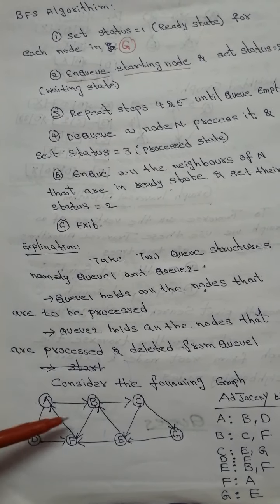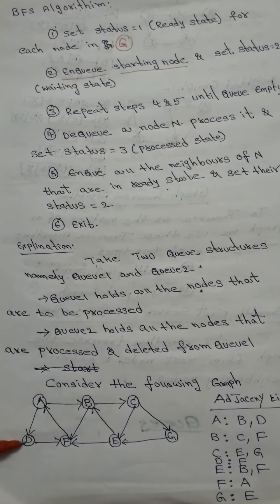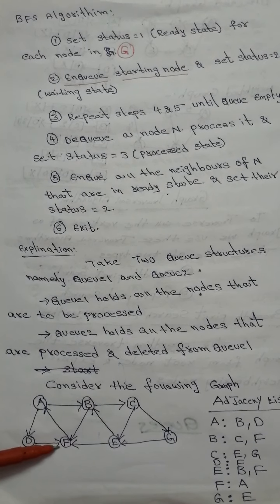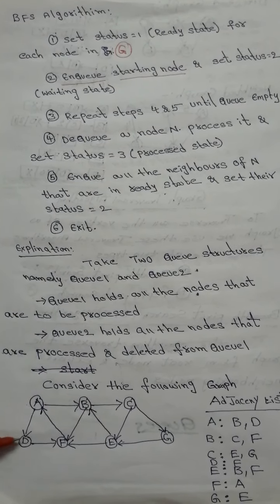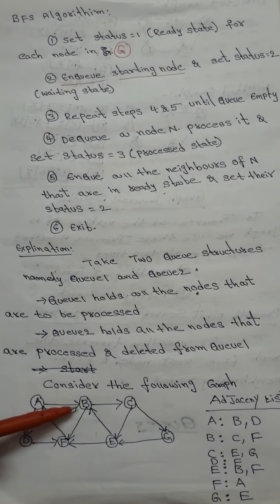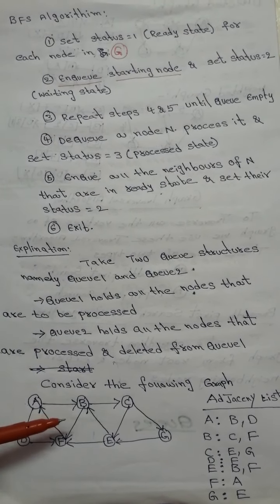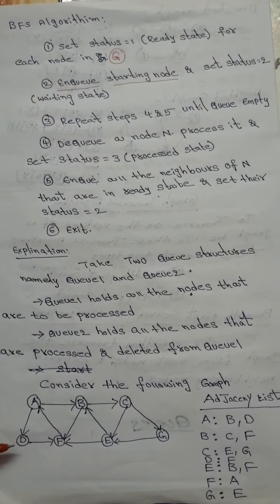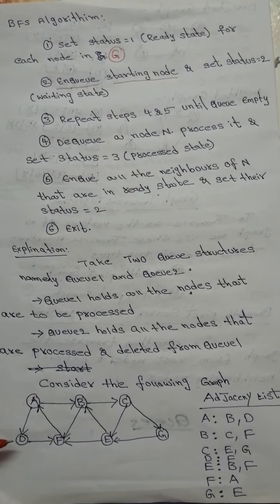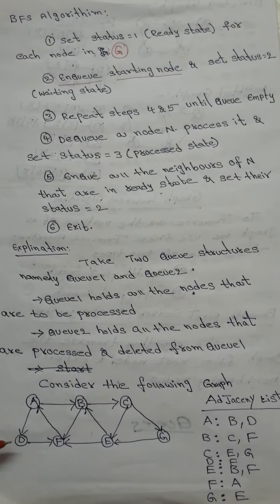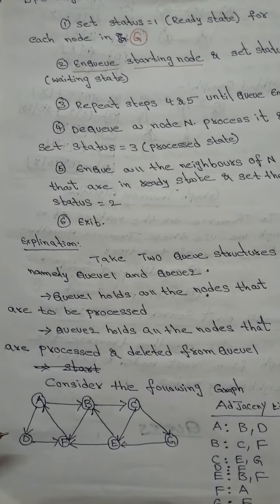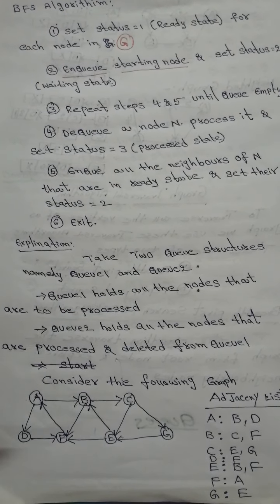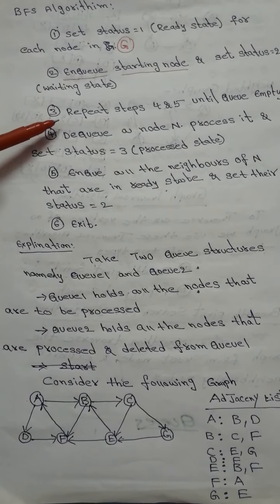Now after A, I can move to B or I can move to D. There are two ways. I may have a channel moving to D, and I may have a channel moving to B. So the two adjacency nodes for A are B and D. Now we need to insert them into Q. Not push, we need to insert adjacency elements into Q. Before inserting adjacency elements into Q, delete the visited element, that is, delete A. That is what I am performing here.